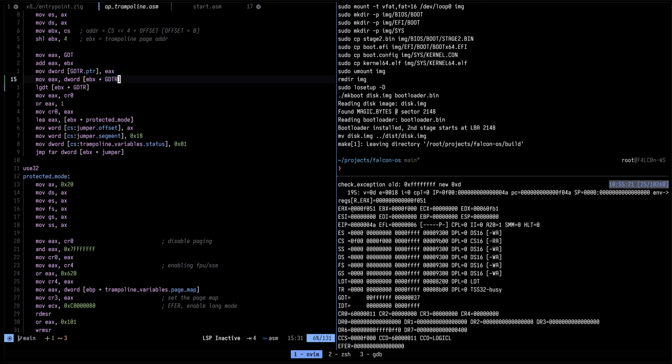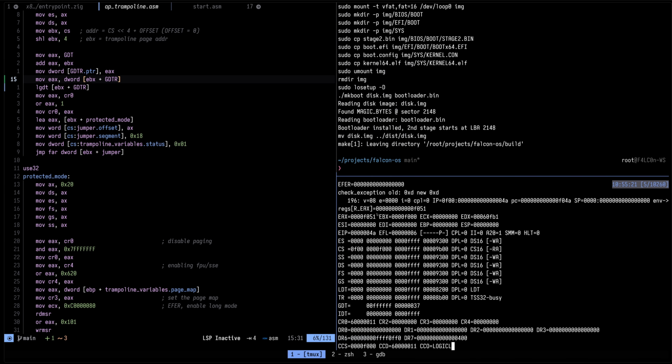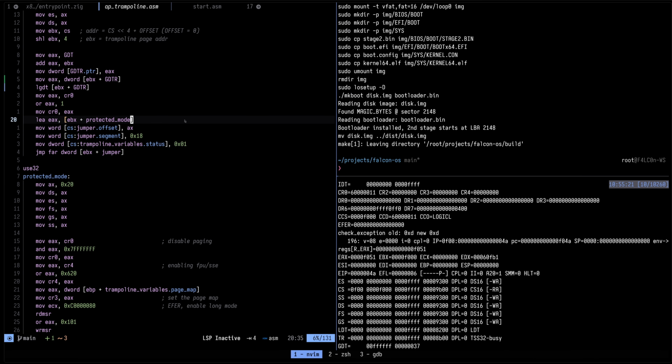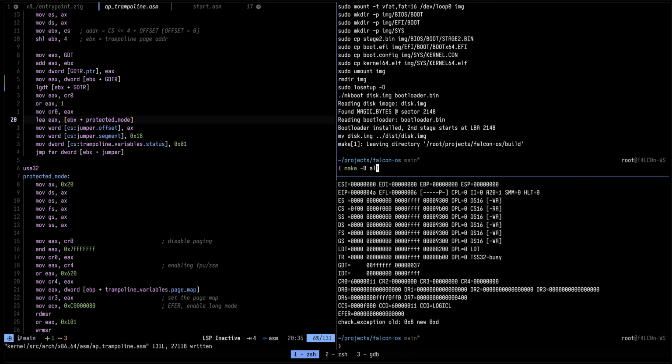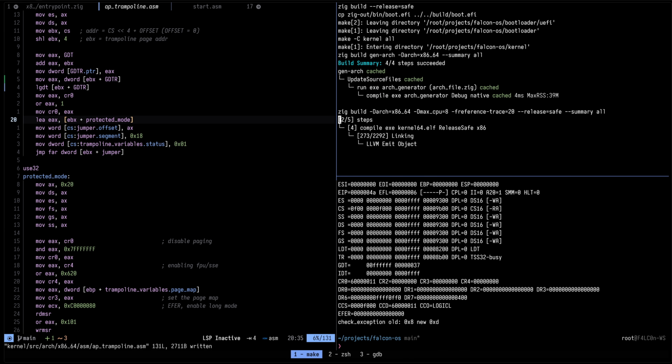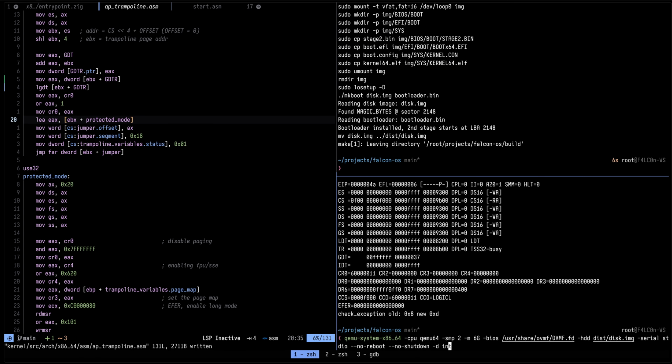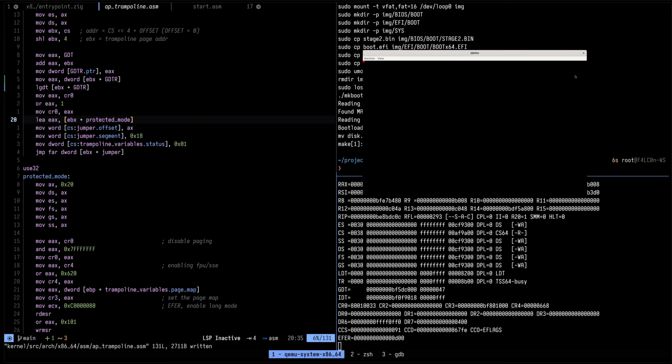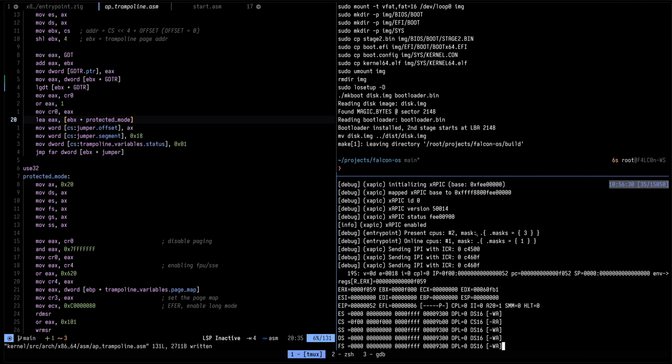And this way we are going to actually see in AX the value that it contains before we load it, just to make sure that the GDTR we're using has a good value. Oh, right. So now we can see that EAX is 5.9. And hopefully here,